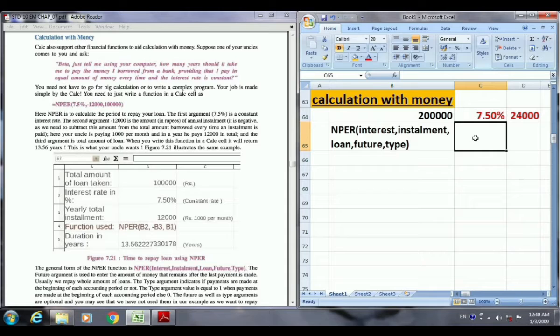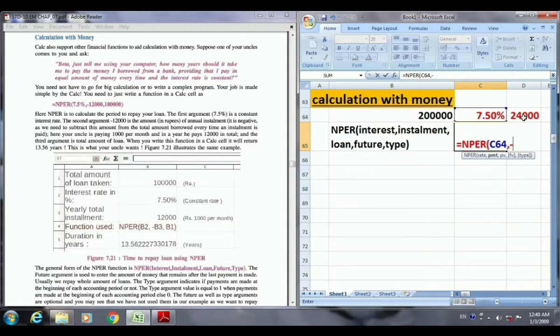So here use the equal sign and then NPER. As per that, the first argument is the rate. So here first we have to provide the interest rate. Then after a comma provide the minus sign there, and then write down the installment.